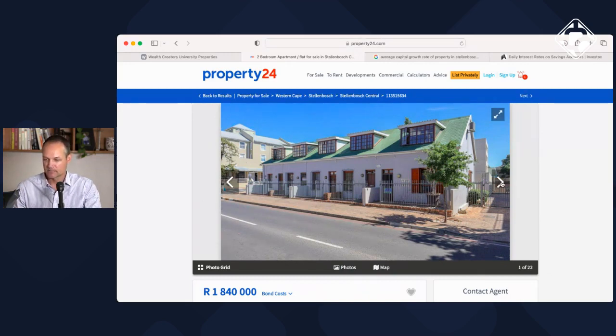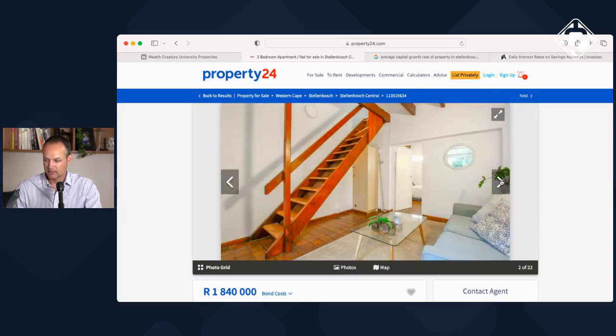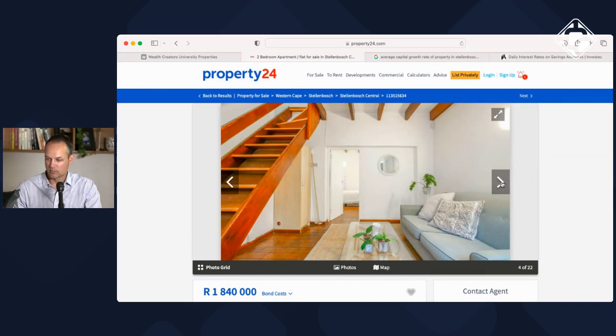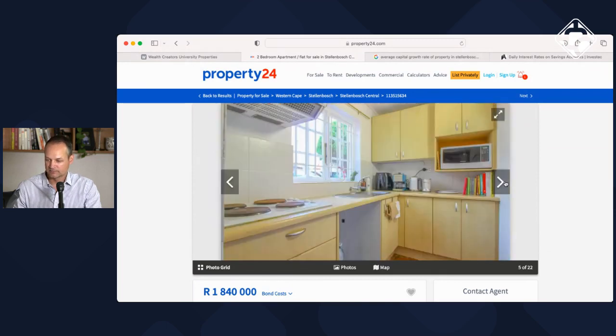You can see obviously it's a sectional title. All the units look very similar in nature. Looking at the apartment or flat, I can see it's nice and light and bright. Lots of natural light, the colors of the walls also nice and light. I get a warm fuzzy feeling. You can see the nice contrast of the plants with the green and the wood. Getting a good vibe from this apartment.